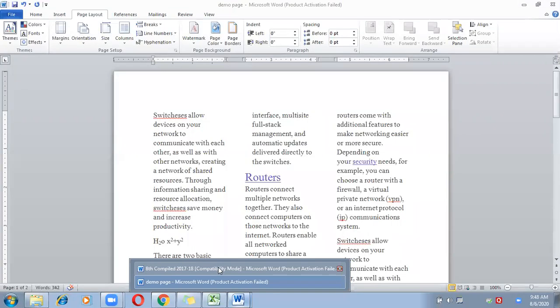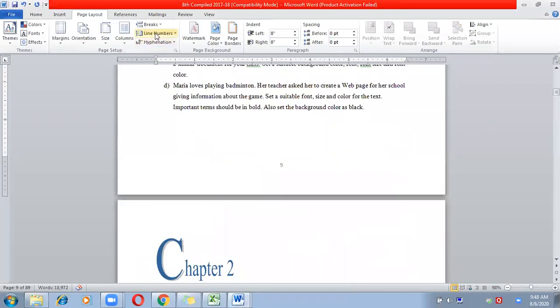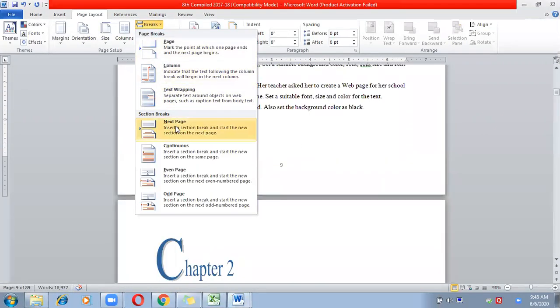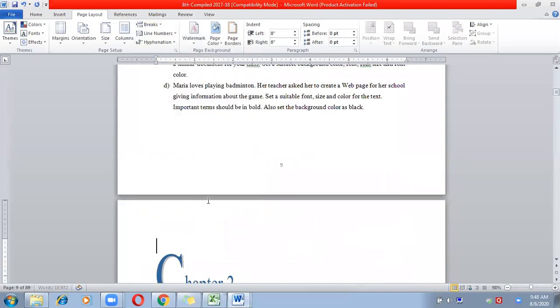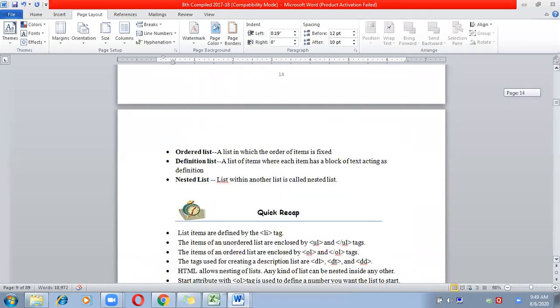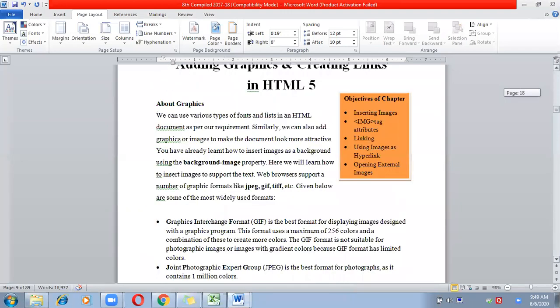So I'm coming back to this, and here after this I'm inserting a section break of next page. So here we have inserted a section break, and similarly after chapter 2 also again I'm inserting a section break.